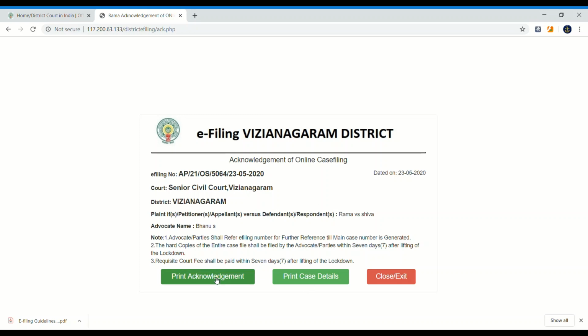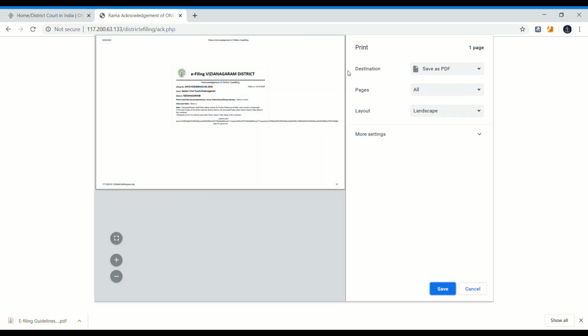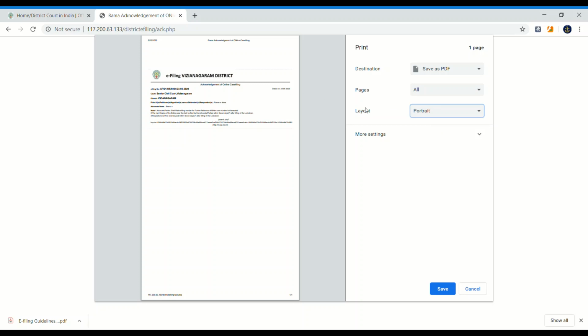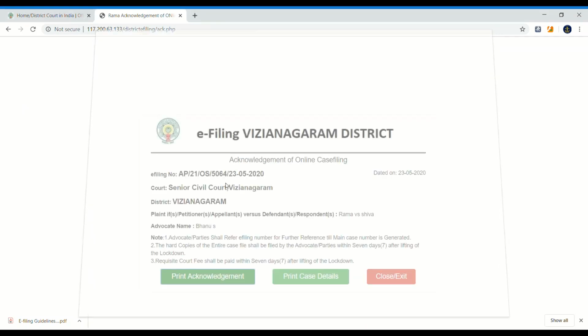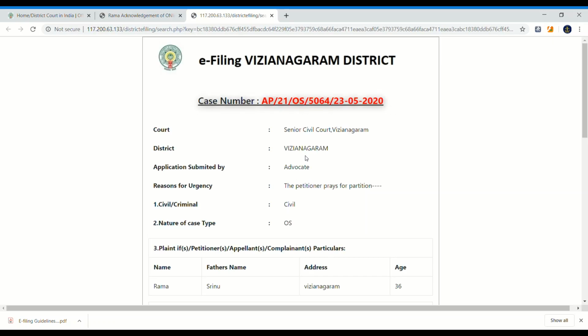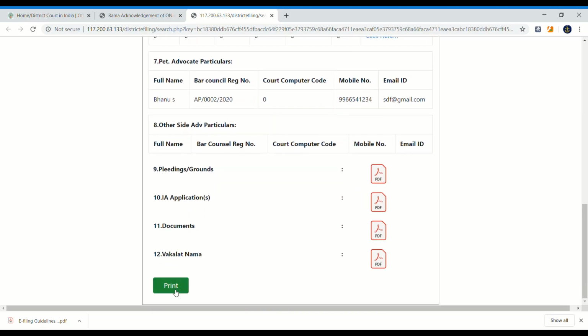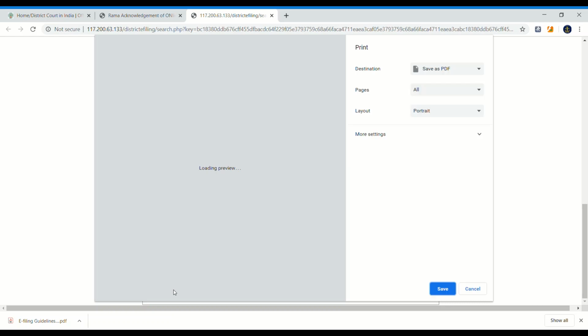First print the acknowledgement slip, and then print the case details. Click on the print option.